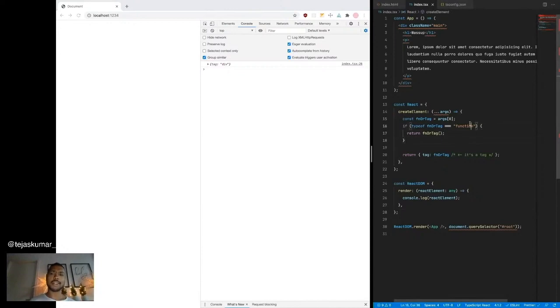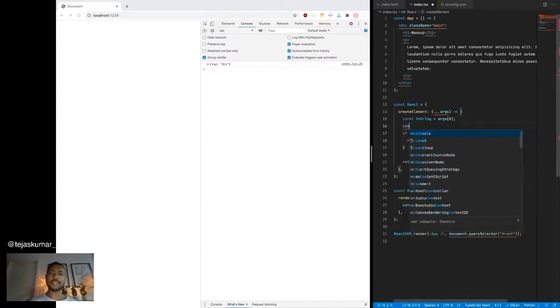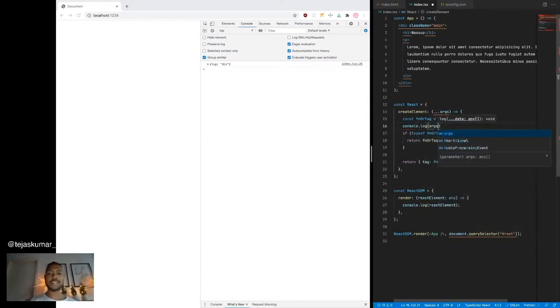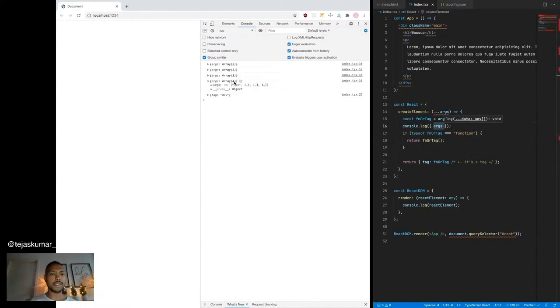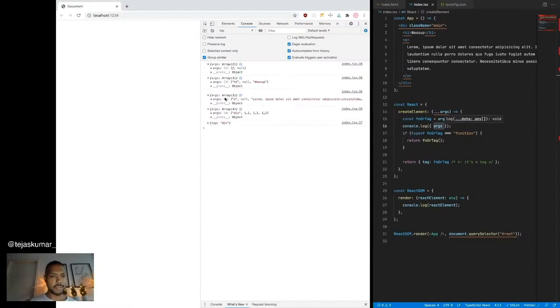Curious what the other args are at this point. Let's console.log args just to see if there's something we're missing. Oh my goodness. Okay, array 4, array 3, array, whoa. So args, so there's 4 arguments here. Div is the tag, and then class name main. So that's props of div, it looks like. So we have fn or tag.